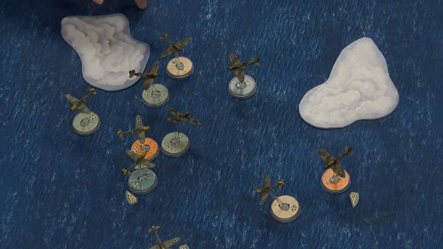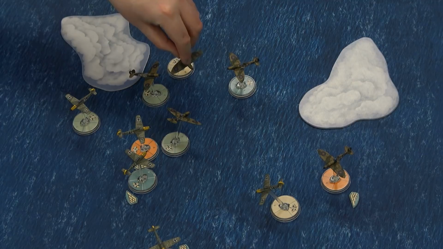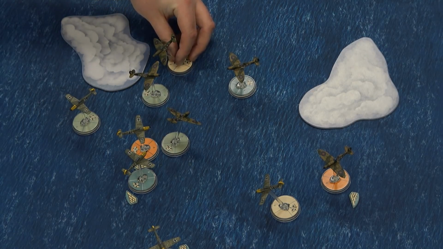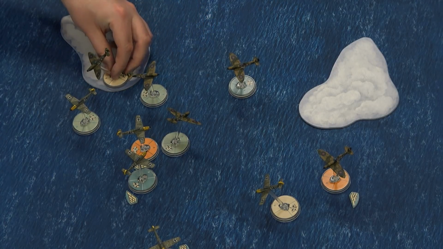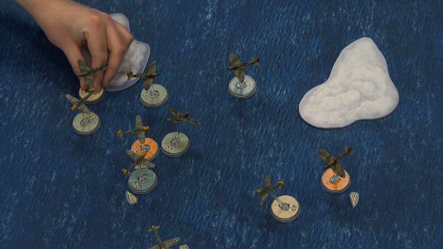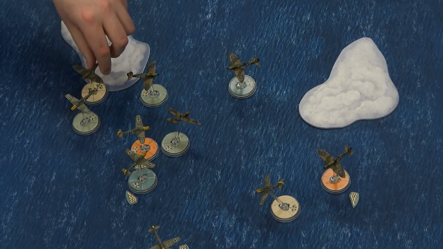I think we're going to burn an advantage on this guy. Okay. He's going to do the almost 180 thing, and then he's going to swoop in through the cloud. So you go to neutral. He'll go up to neutral as he comes back out. He's going to come to the edge of the cloud. His 45-degree turn will bring him...